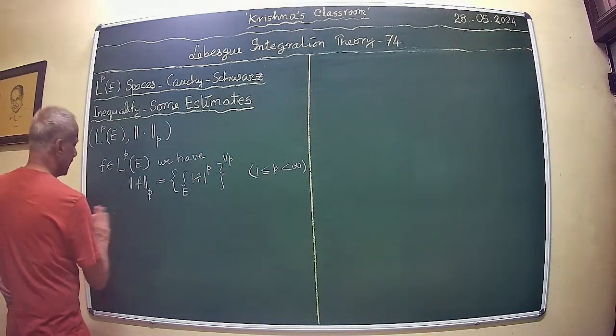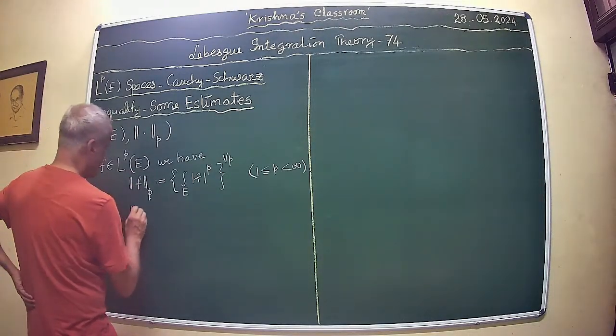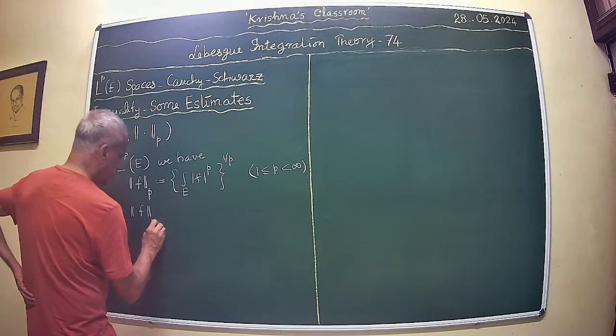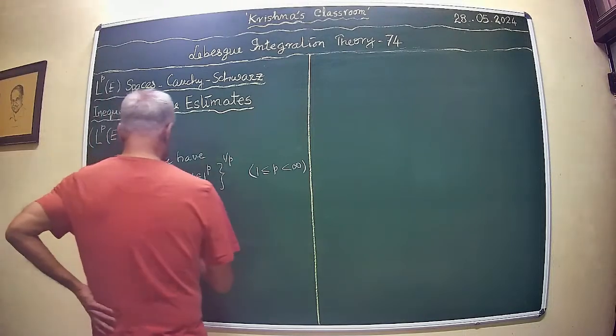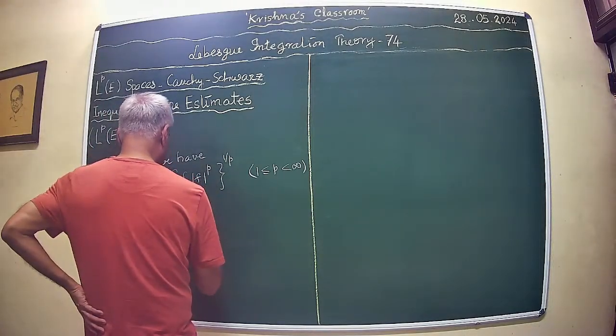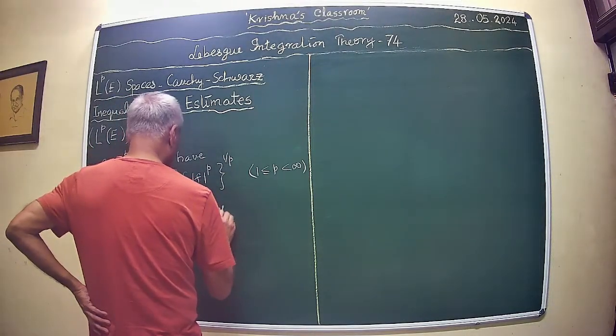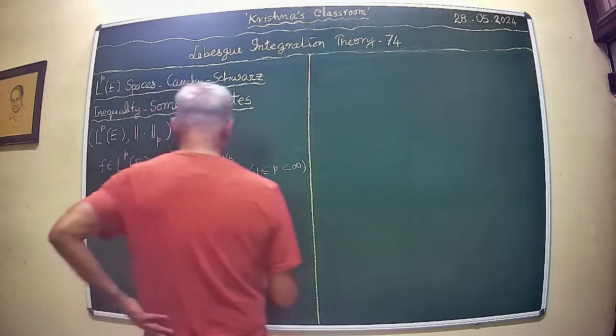Of course, there is a corresponding result for norm F infinity. This is defined as the essential supremum of